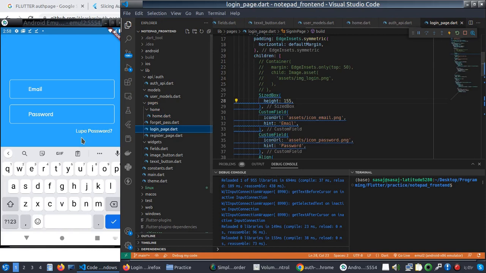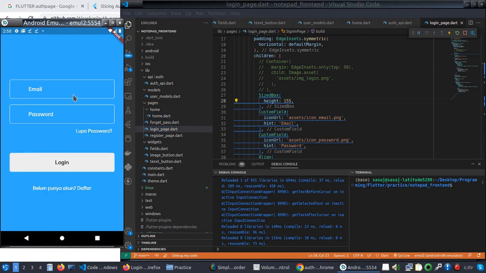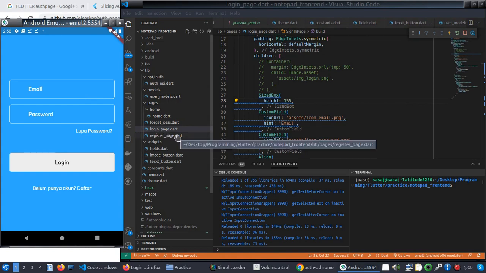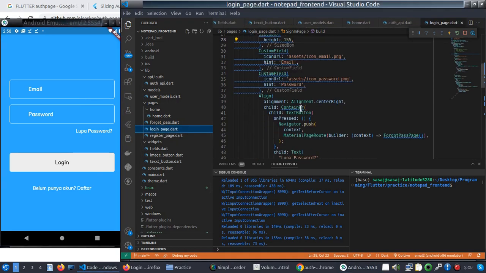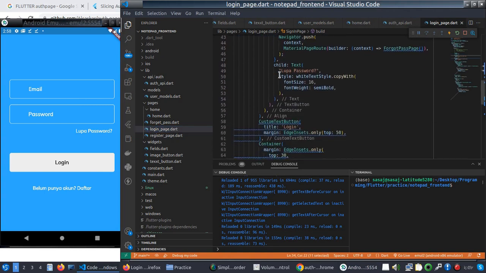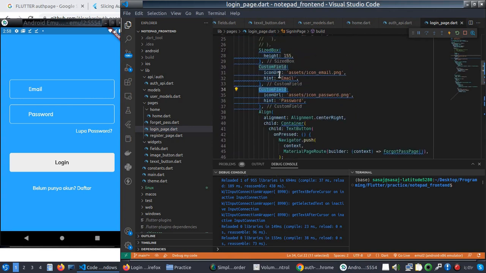Before that, so email, password and login. Here, login page, on login page, these are the fields, and we navigate here,